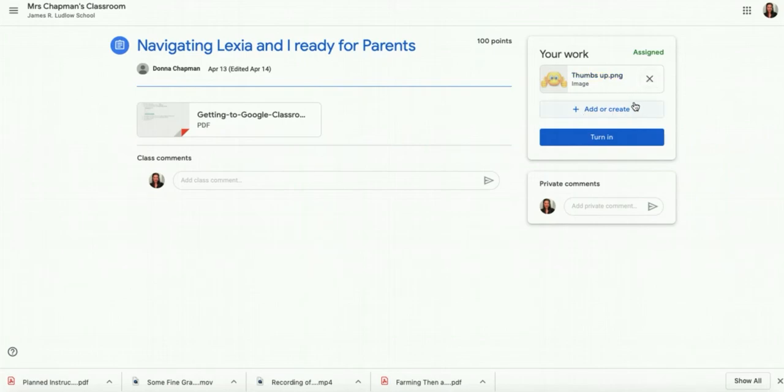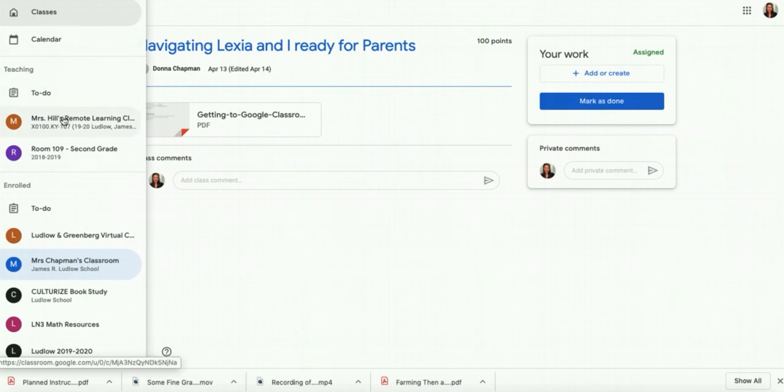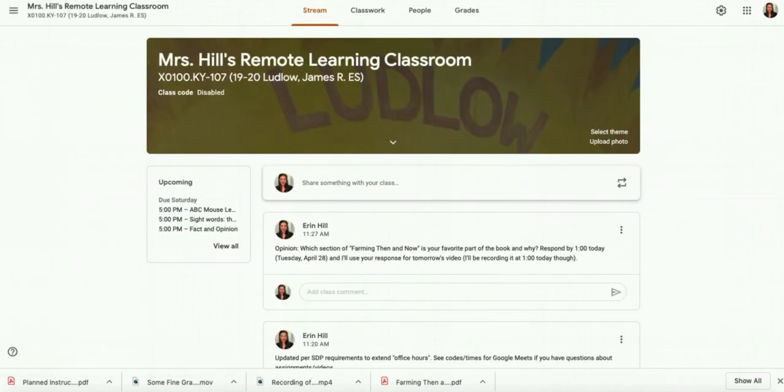Okay, and then at the end of the week, I'm going to hit turn in. Tomorrow, when I want to add a new one, I'm going to click add or create. Okay, I'm getting rid of that now because this isn't a real assignment for me to add work to. Okay, so that is how you